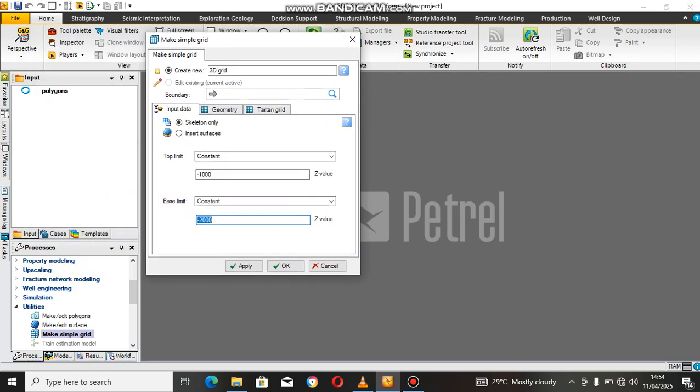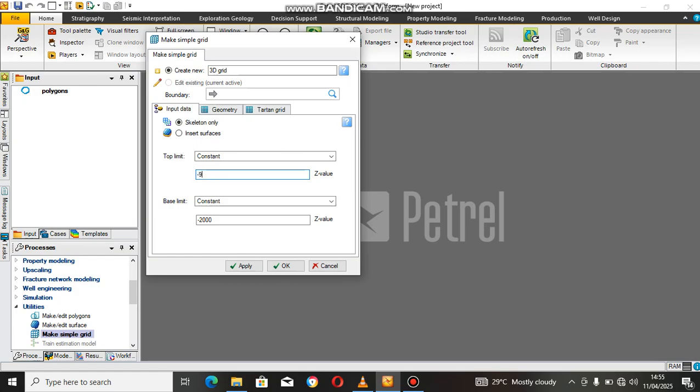Now at this point, we have the top limit and the bottom limit. The top limit represents the top of your reservoir, while the base limit represents the bottom of your reservoir. The top and bottom of your reservoir can be gotten from your gamma ray log, where we have the top of sandstone and the bottom of sandstone. In our previous exercises, we have generated our gamma logs and we have generated different reservoirs. So you go back, you get the top of a reservoir and the bottom of a reservoir. Let's say the top of our reservoir A, for example, from our gamma ray log, let's use